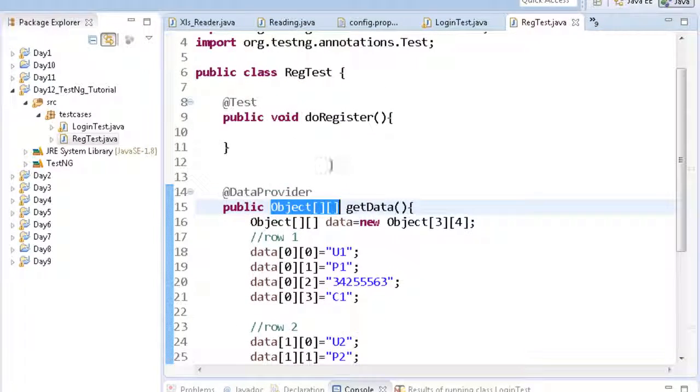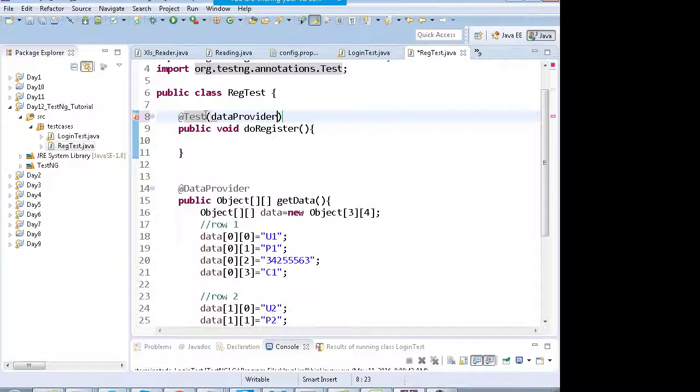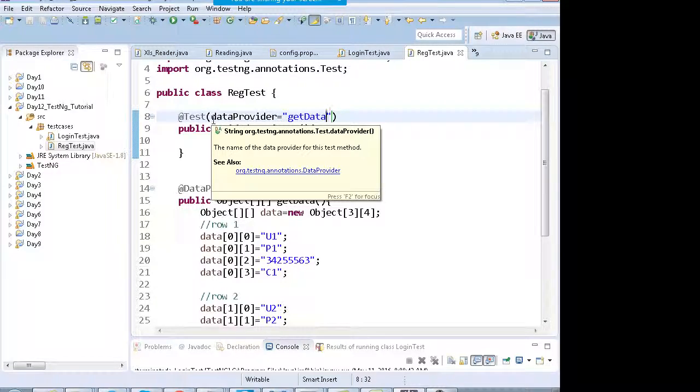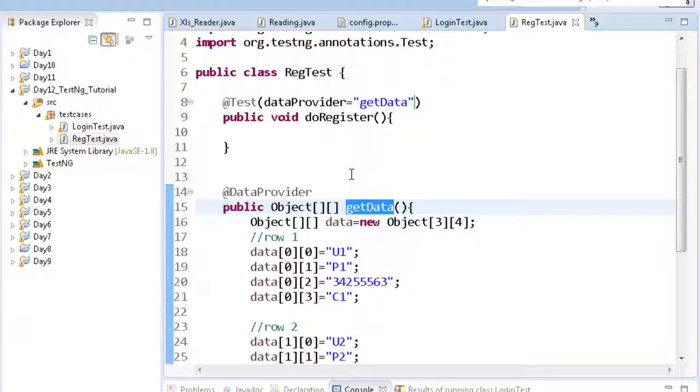The second step is that you have to link this test with the data provider. You have to write that the data provider for this test is getData, so that the getData function will be returning the data for this test case.